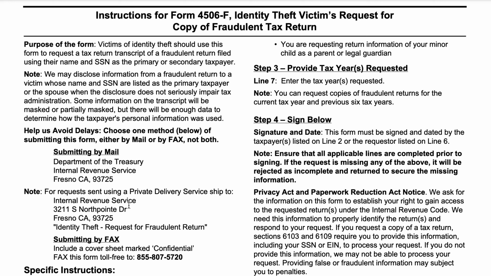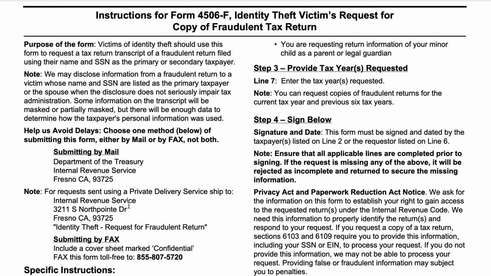If this was not the correct version of the tax form that you're looking for, we'll put links in the show notes to articles and videos we've created about IRS Form 4506, which is the request for tax returns, 4506-T, which is a request for tax return transcripts, 4506-T-EZ, which is the short form transcript, and 4506-C, which is the tax transcript form that you may use when applying for a mortgage and your third party, such as your bank or your mortgage lender, is requesting certain information from the IRS to verify your income.